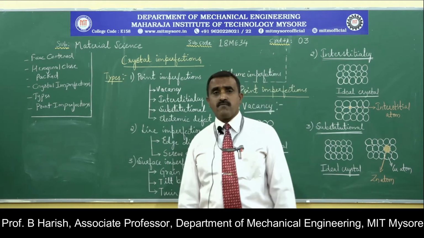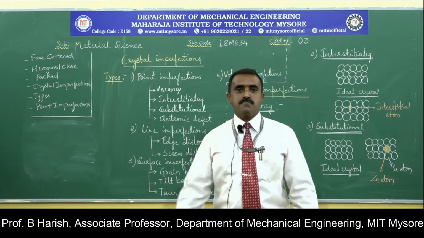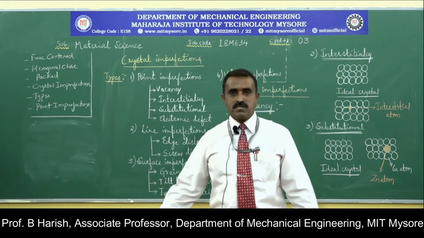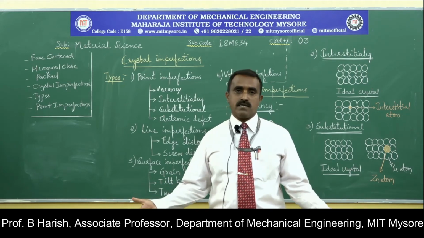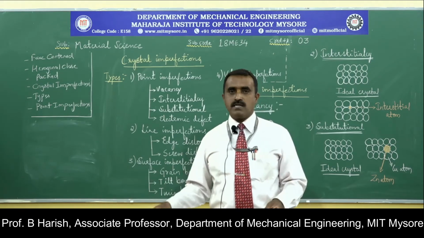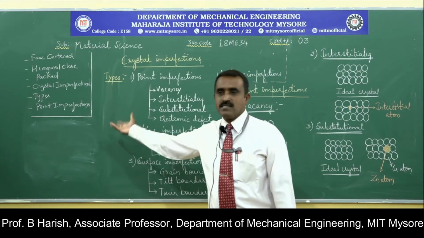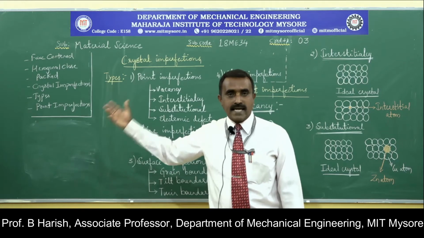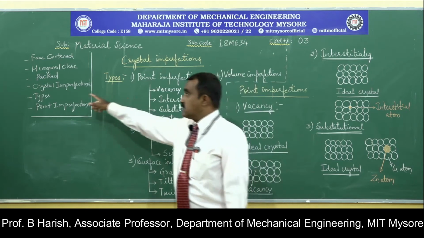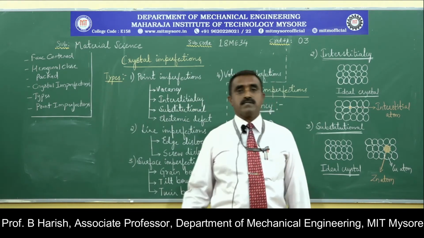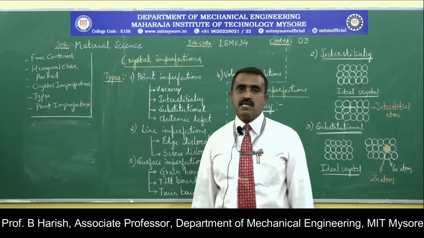Now, this crystal imperfection concept is very useful to study the material. If everything is perfect, we cannot change the properties at all. We cannot have a number of different varieties of properties. If we should have different properties, there should be differences in the arrangement. So imperfections should be present. Though it is on the negative side, it is definitely very helpful to study the material. That is called crystal imperfection, that is, the defects present in the arrangement of atoms within the crystal structure.